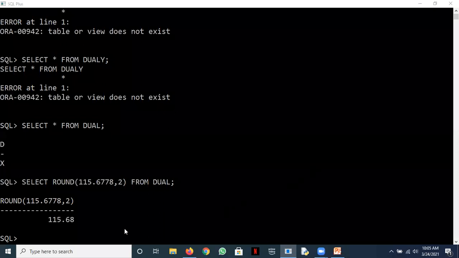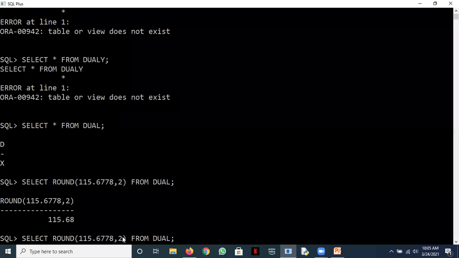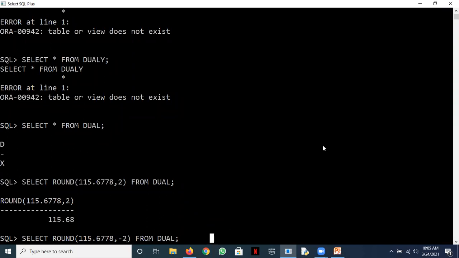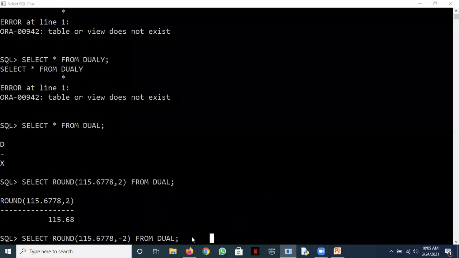Similarly, we can work with other arithmetic functions here. If I ask you to do this, what is the answer now? Bharat, you can answer. 100 is the answer. Let's check.